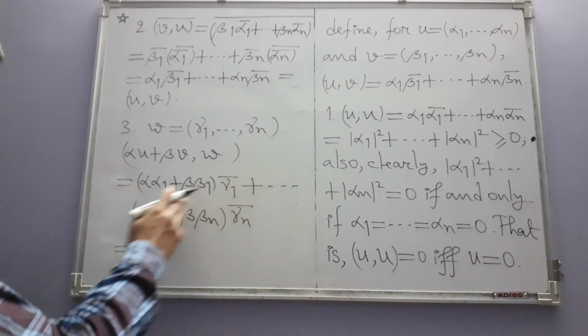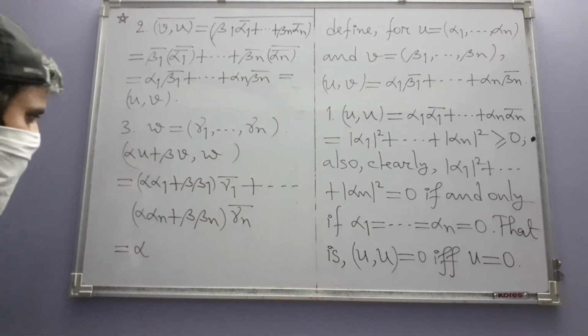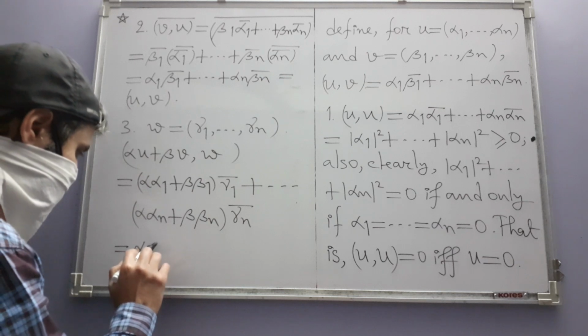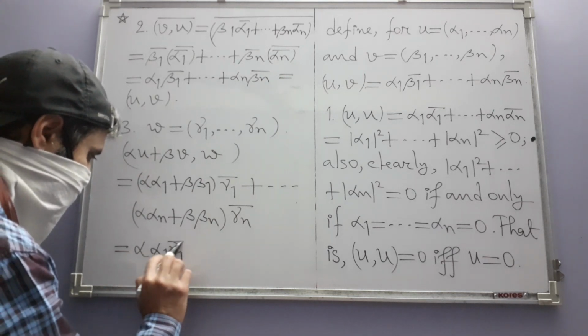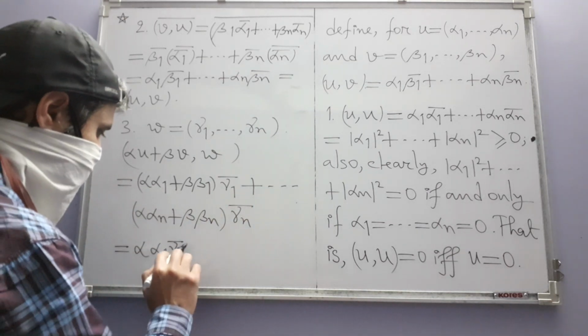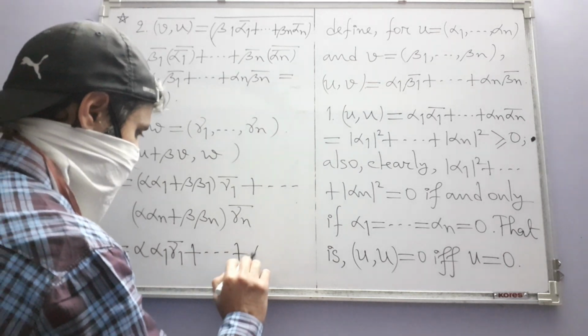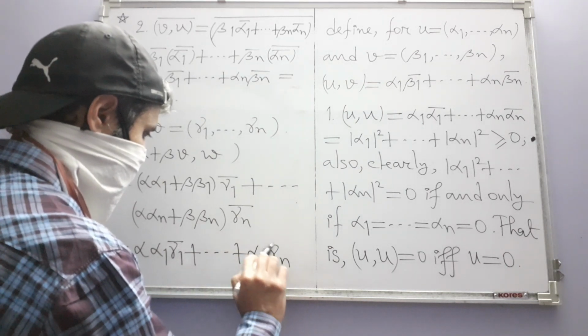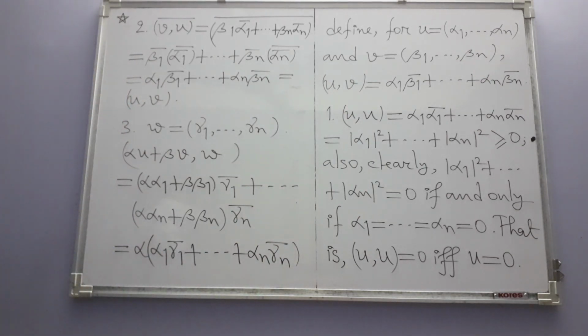Now these are just simply complex numbers, so we can write things like this: alpha 1 gamma 1 bar, doing whatever needs to be done and collecting everything. Ultimately we get this: alpha n gamma n bar plus